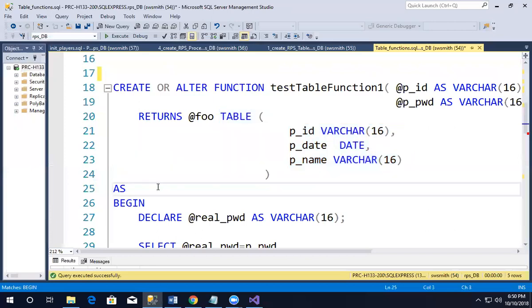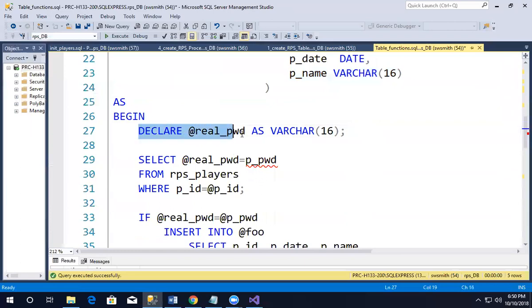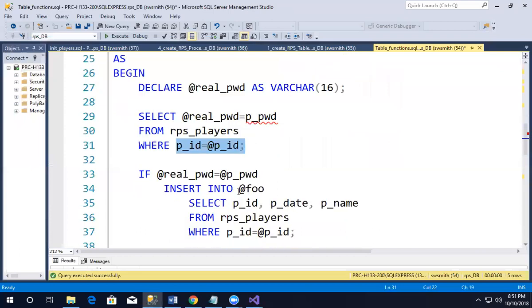Okay, let's begin. I declare a varchar 16. I call that real password. I go into the RPS players and I select the real password, which gets the password that's in the table, where the player IDs match, the one that came to me in a parameter versus the one that's in the table. So now I've got the player's real password. And now I can say, if they match,